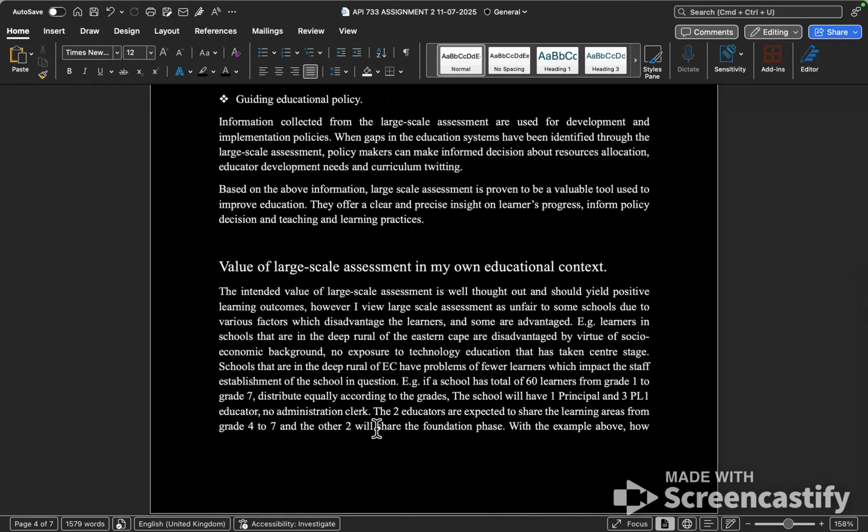And then the last one, the value of large scale assessment in my educational context. It doesn't have much value, as the schools that are in the remote areas, they do not really participate, because the information gets to the schools very late. The schools are in remote areas. The schools are understaffed, under resourced. They are just not